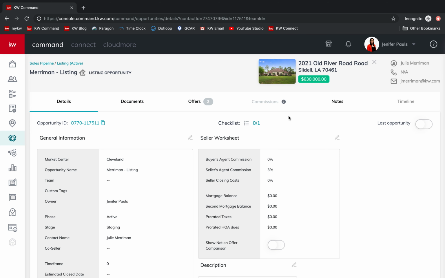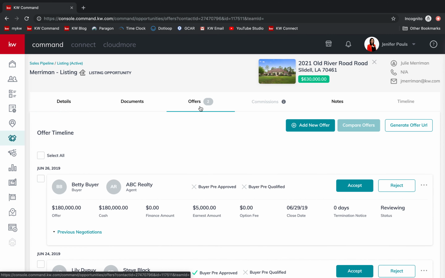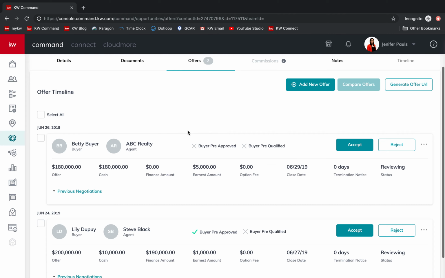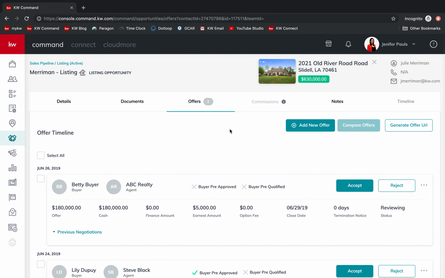So the commissions tab here, you'll notice it's grayed out and it's got a little help icon beside it that, if you hover over it, says you will be able to view your commission when you have an accepted offer. So if you guys remember, we've previously talked about the offers tab here in the middle. So when I click on that and I have my offers in my opportunity, once I choose the one that we've accepted,